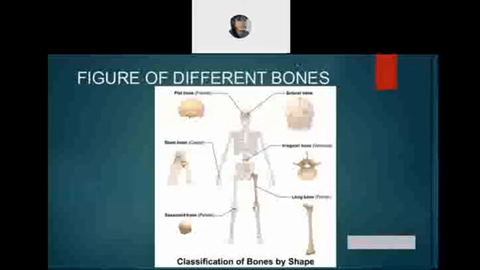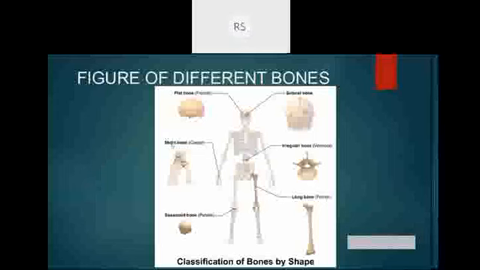So this is flat bones. Flat bones you will find mostly in your head, the front part of your head. This is known as flat bones or else frontal bones. We will come slowly one by one. What do you mean by frontal bones? Slowly, slowly. So this is known as flat bones, which we find here. Okay. Next,